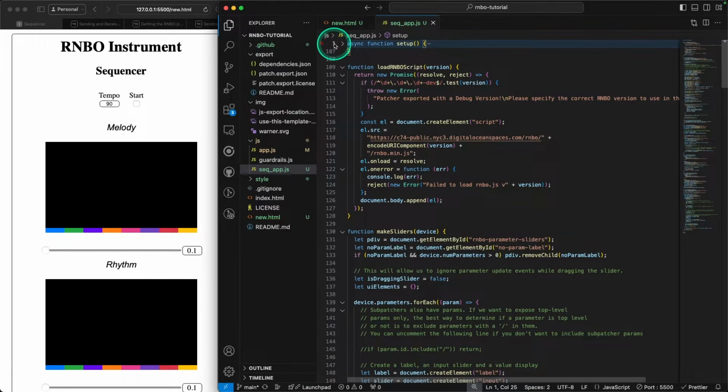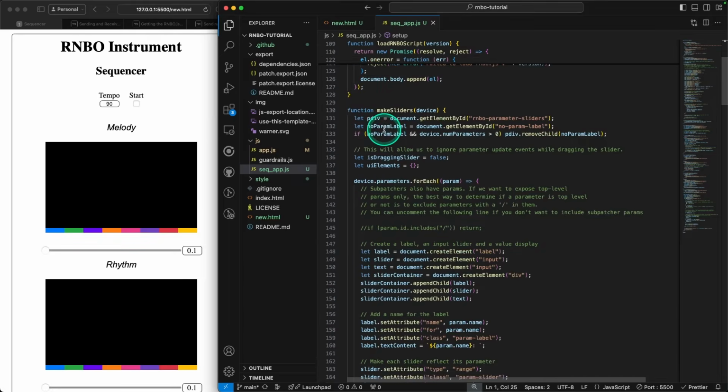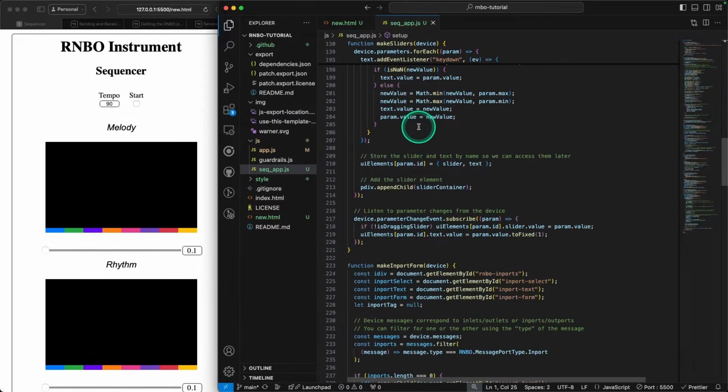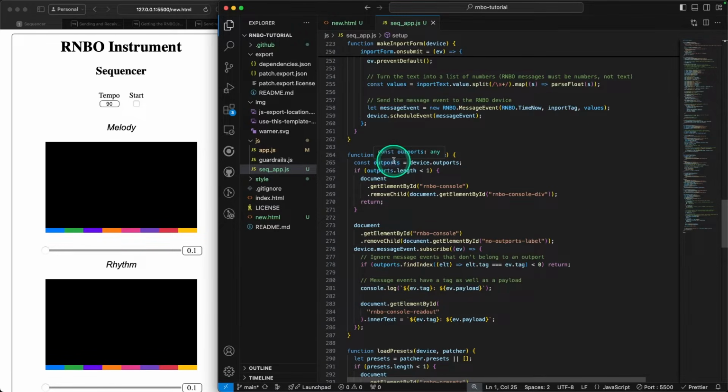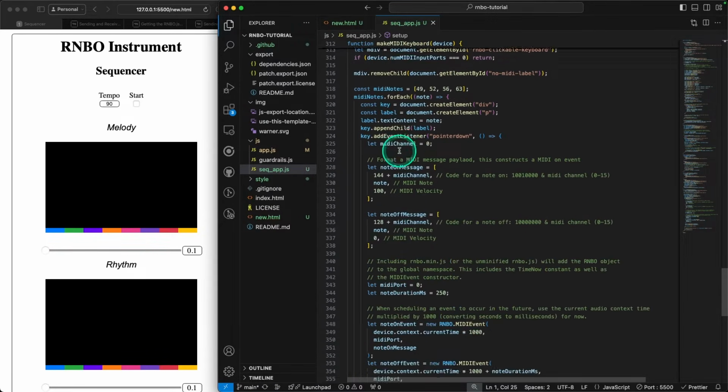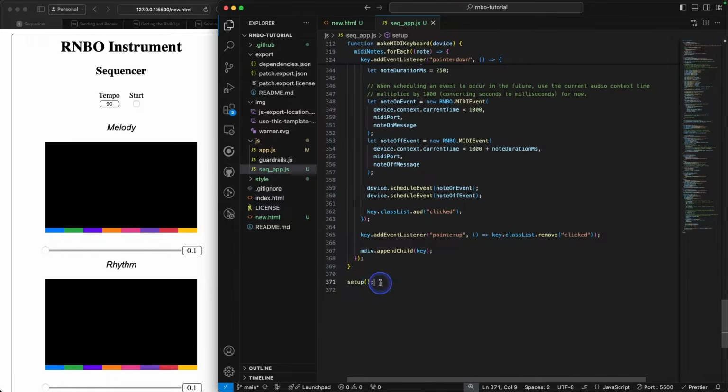So it runs between lines 1 and 107. And then we have other functions that we are going to be using. There are some important ones that we're going to keep and some that we're not going to be keeping. If we slide all the way down, there's a bunch of other functions that come along with this template for Rainbow for the web. And if we go all the way down, the code actually starts to execute the setup function